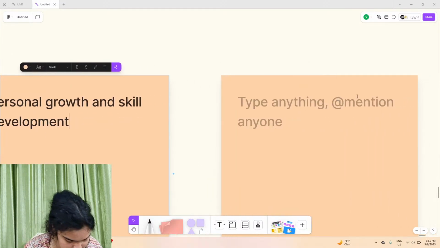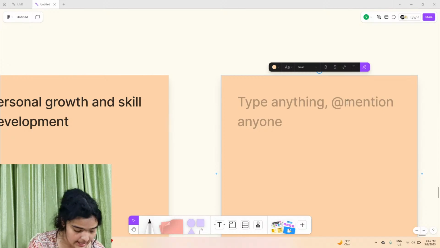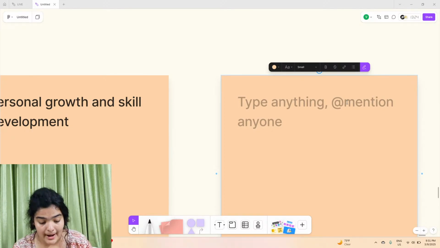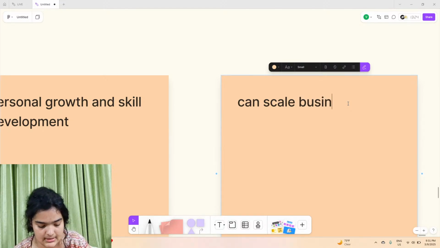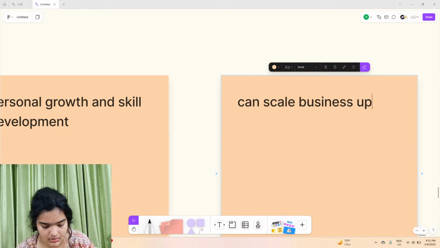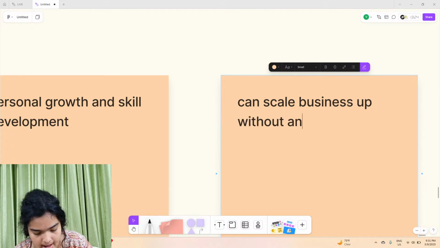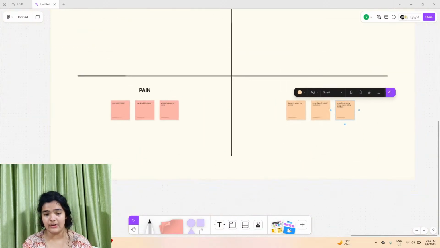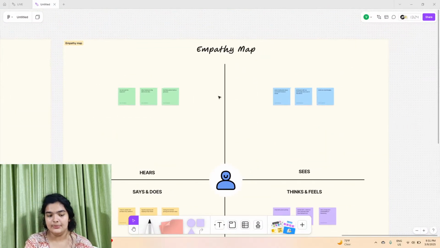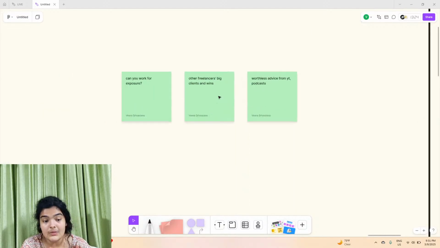Another thing that this user has as a gain point is the potential to scale freelance business to a steady income source. So they can automatically now, without having any restrictions, any managers and stuff, scale their business up without anyone holding them back. Good point, right? So with that, we have basically figured out through an empathy map the bad things that this